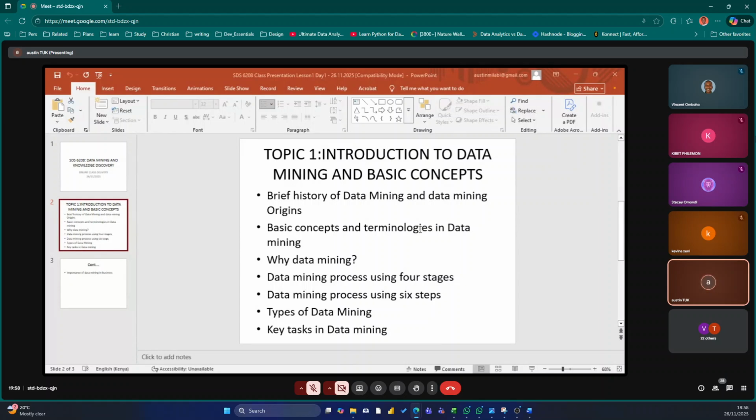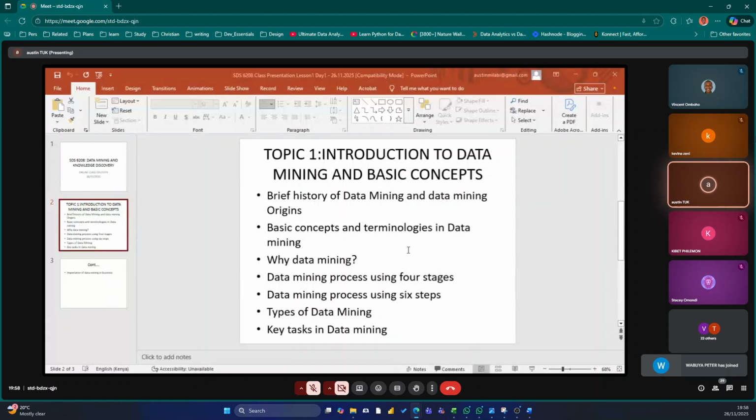When we talk about descriptive, you can decide to use clustering, you can decide to use association rules, or you can decide to use sequence analysis or sequence discovery. So in a nutshell, descriptive data mining, which is the first one in the types, is a kind of mining approach applied in order to provide descriptive information from the data elements.